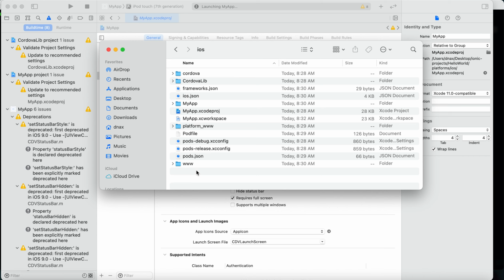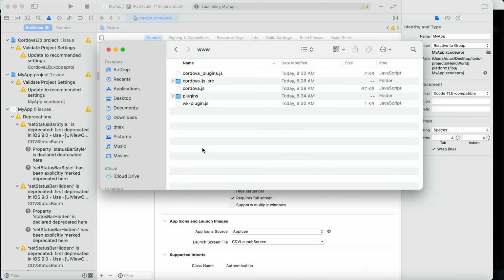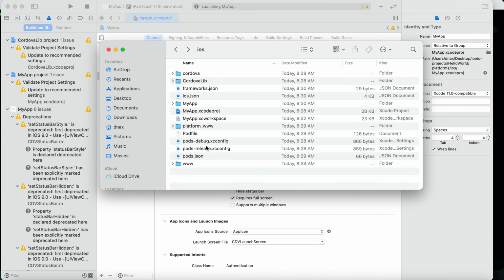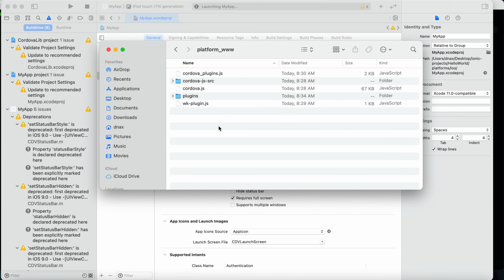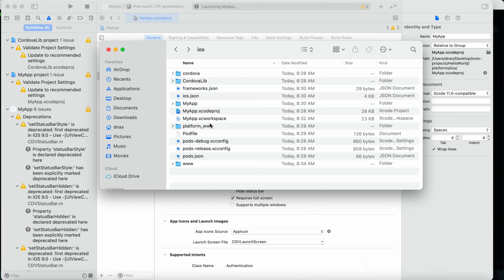We will have options here, and this www folder is our project file, and inside plugins we will get all the plugin information, and this is all related to Cordova supporting files. These are all supporting files for this platform.